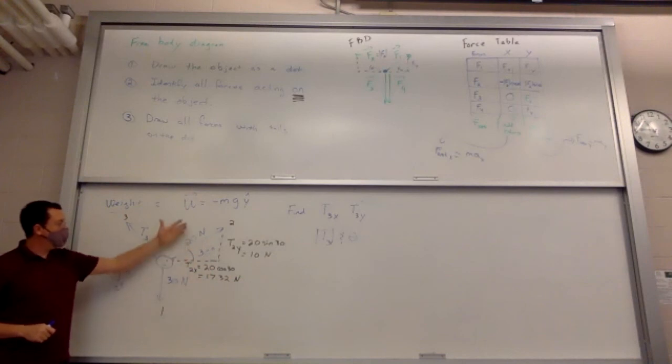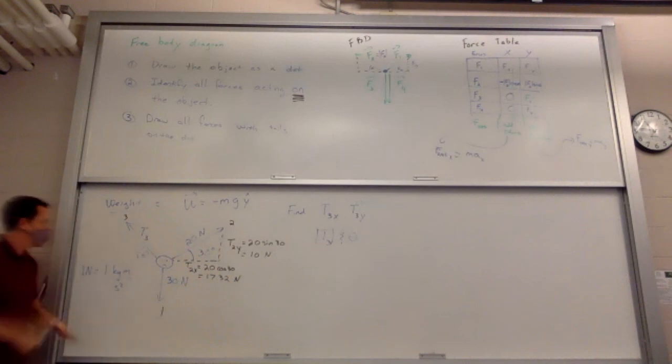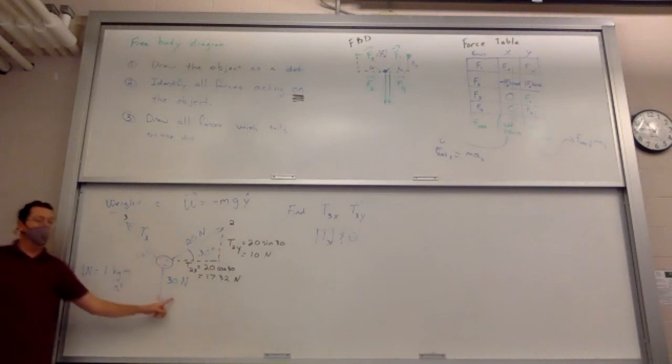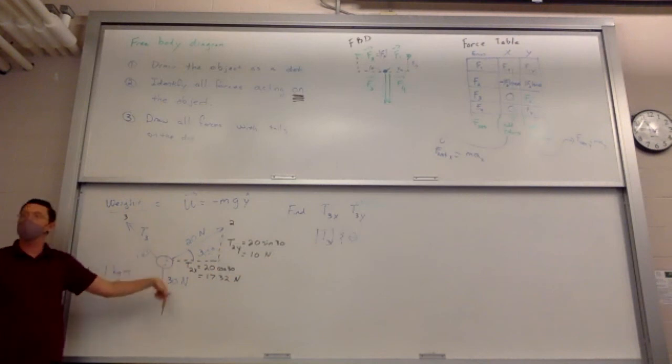Okay. So for every vector, if it's at an angle, you're going to have to do trigonometry on it each time. So if you see things at angles, immediately, trigonometry. Just got to know that. This one is only in the y direction. So you just say that it has 0 x component, and the y component is negative 30.